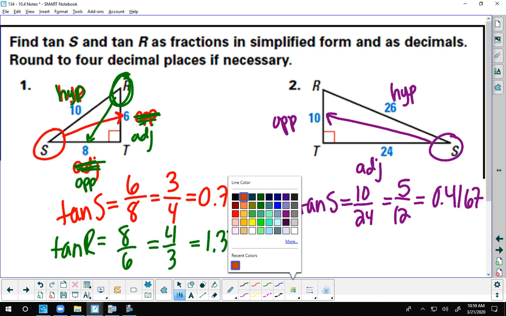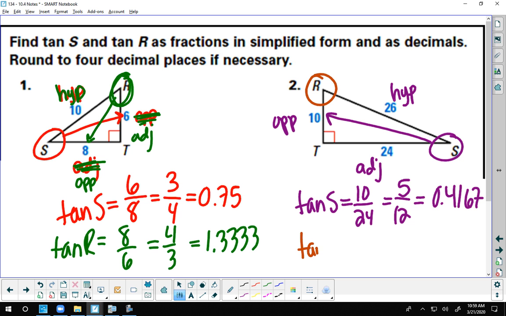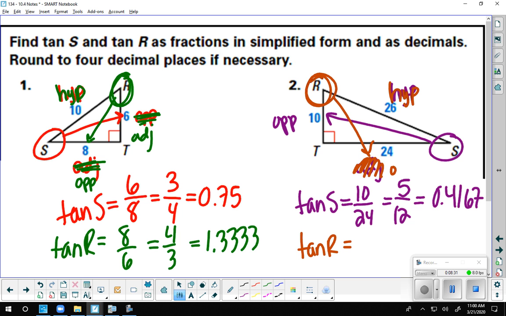And now let's do the tangent of angle R. So again, it is just going to be flipped. So now this stays as the hypotenuse, but if we're looking at angle R, this is now the opposite side. And then our remaining side is adjacent because this is right next to angle R. So now, again, it is just flipped. Our opposite side is 24 and our adjacent side is 10. So that's 12/5, which is